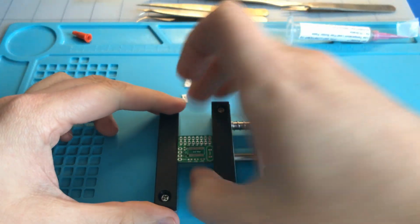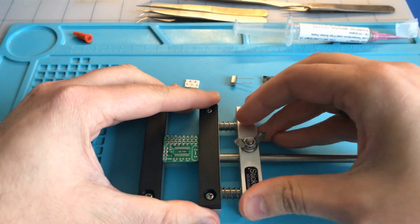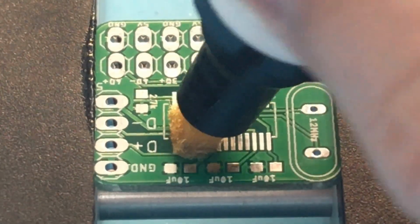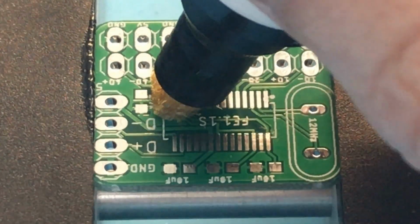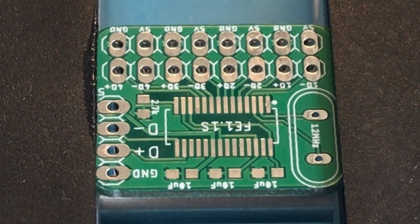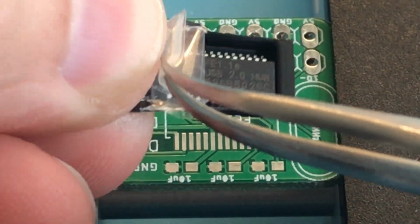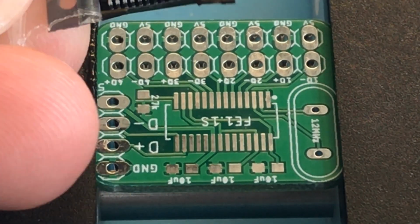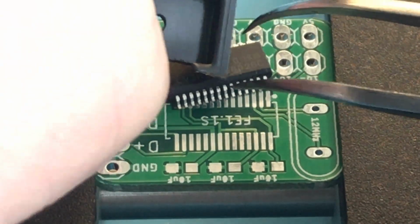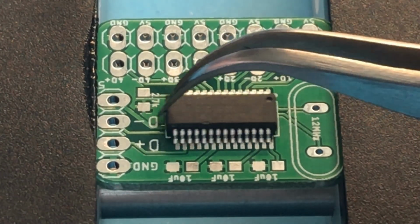Here we are going to use this stick vise to keep the PCB from moving. Now that we've got that in place, I'm going to add some flux using my flux pen to the pads of the main IC. Now we're going to take out the main IC, just get it down on the PCB, and then use the tweezers to position it on